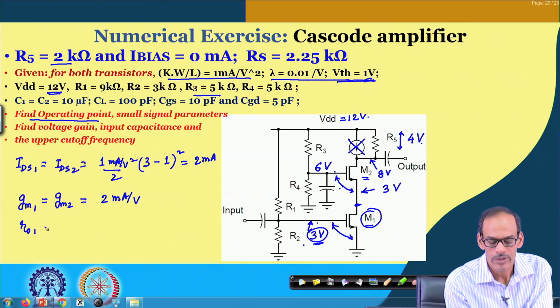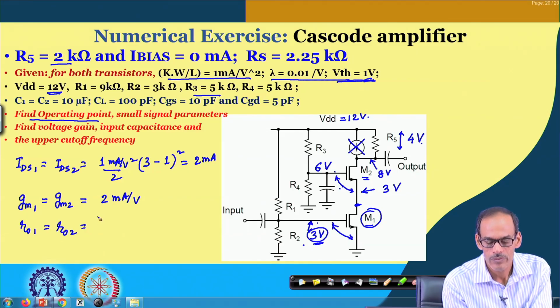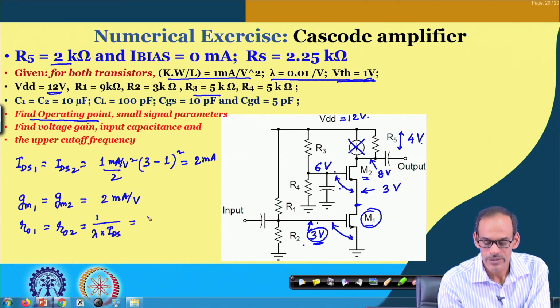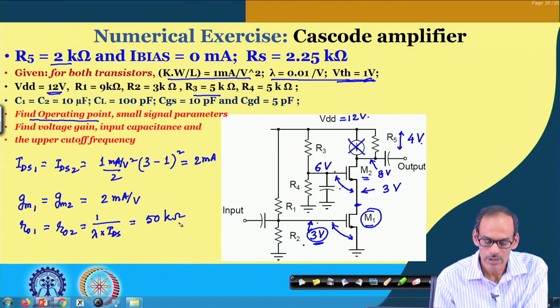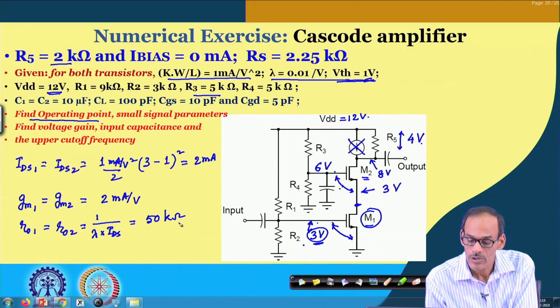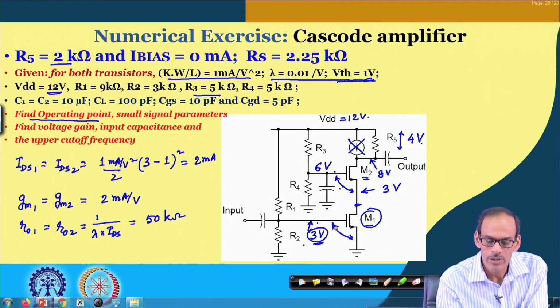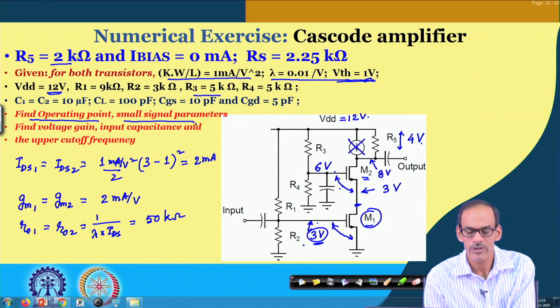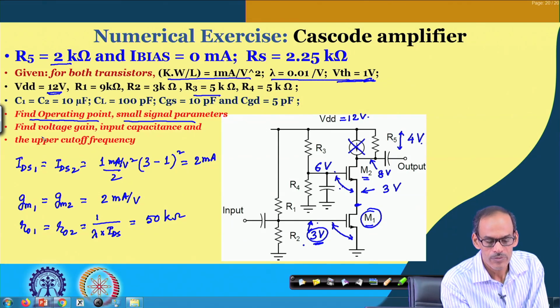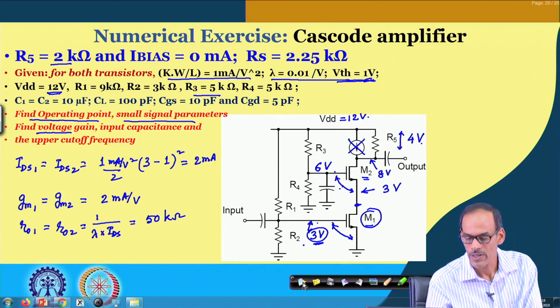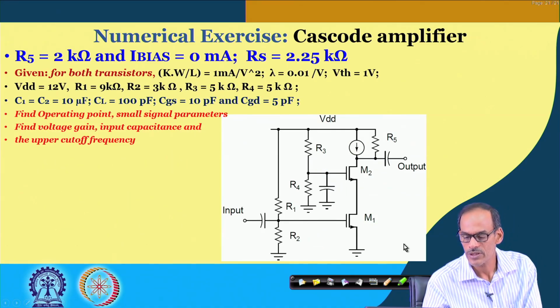RO1 equals RO2, which is essentially 1 by lambda times the corresponding current of 2 milliampere, and that gives us again 50 kilo ohm. So from that you can probably find the corresponding voltage gain. The small signal analysis here is very similar to the previous case. I should say it is rather simpler compared to the previous case, and by analyzing that you can find the gain. So, let us see in the next slide the equivalent circuit here,